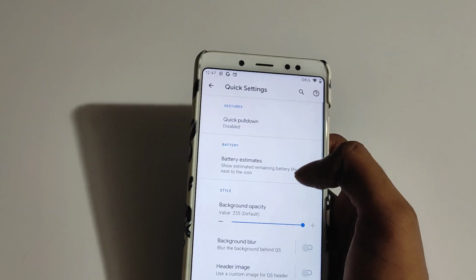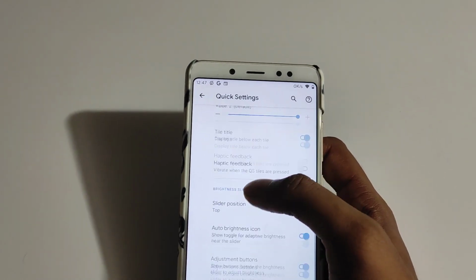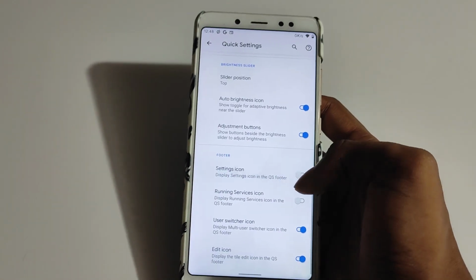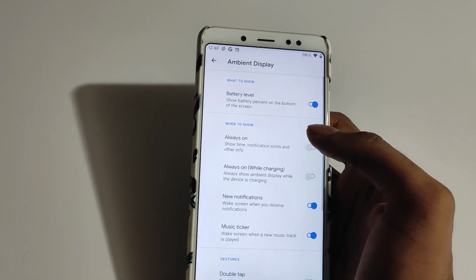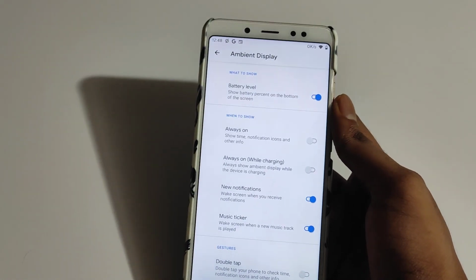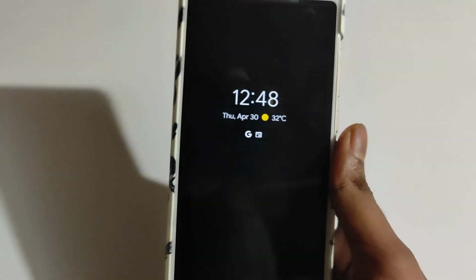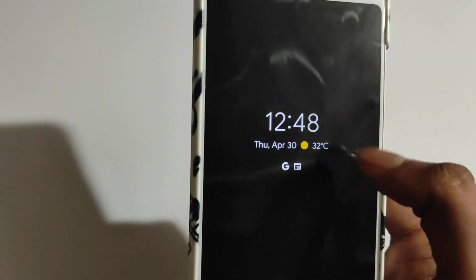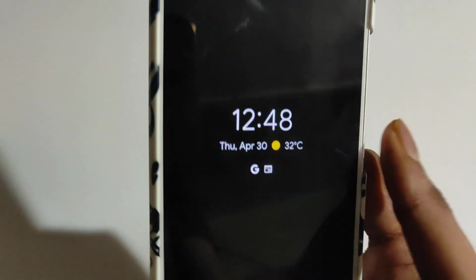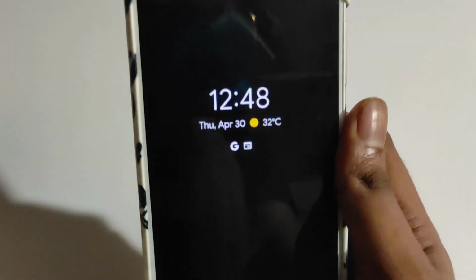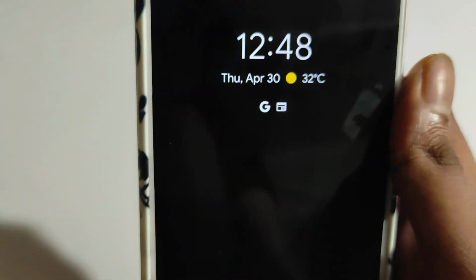Also in the quick settings you will be able to see these background blur and effects setting icon. Also you will get ambient display, which is always on display. After you turn off your device you will be able to see this cool time and the date on your phone, and it's really good, but I wouldn't recommend it if you're using the Redmi Note 5 Pro.